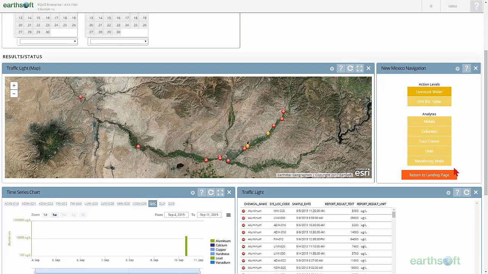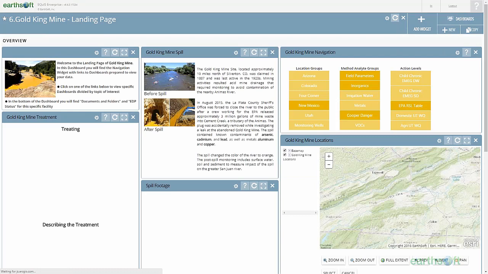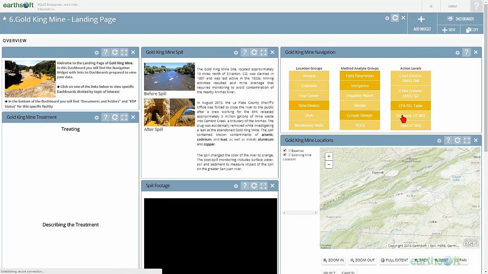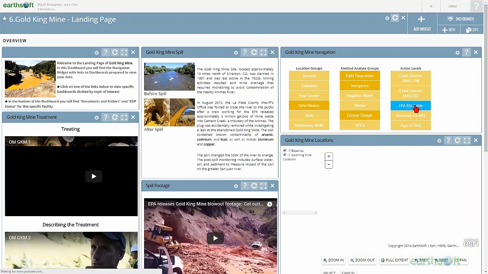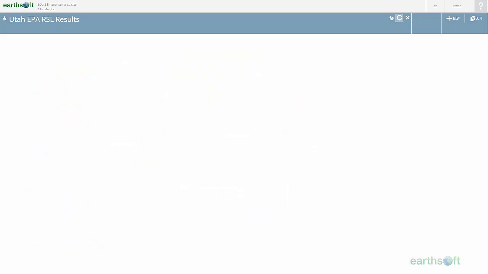All right, I'm going to return to the landing page now because there's one more dashboard that I said we would look at, and it happens to be another action level dashboard. So it's going to be very similar to this livestock water dashboard we were just looking at, but a little bit different. So I have to go back to the landing page to find it because remember that livestock water was specific to the New Mexico locations, whereas the EPA RSL action level table is actually going to apply to all of our locations. So I click on that EPA RSL